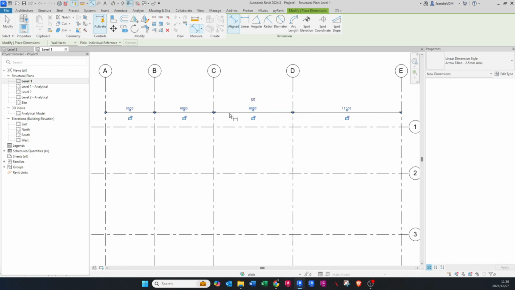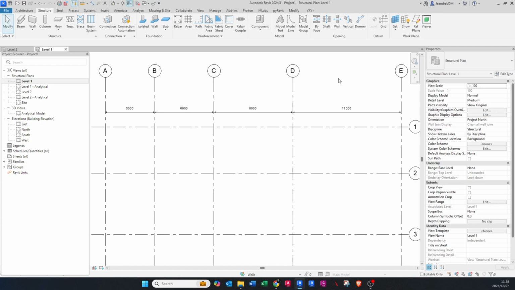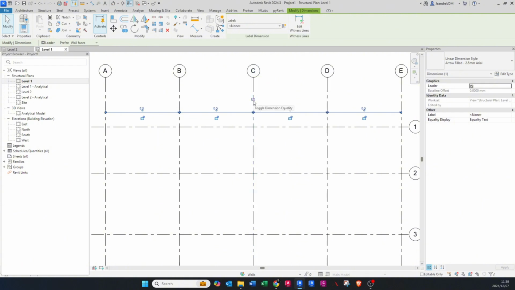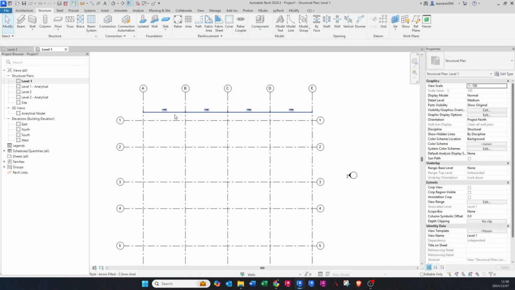Okay, now once I've done that, don't click away yet. If you click away, this will happen. It will deselect the dimension. Now if I click on this dimension, you'll see it says EQ. That means equal. So it's not equal now. So if I click on this, you'll see it equalizes each dimension instead of having to go and draw it in at the specific